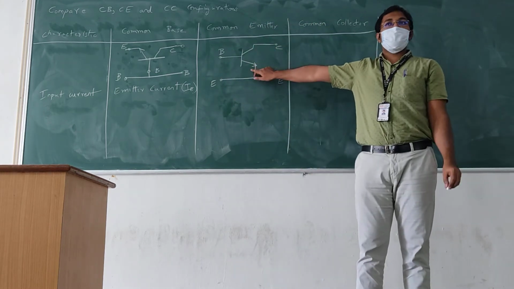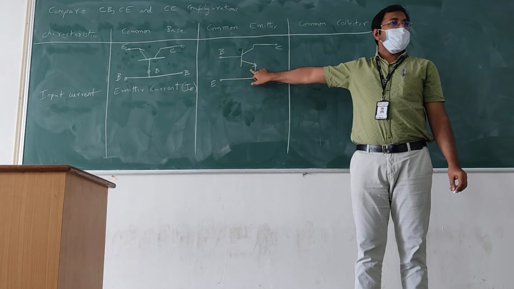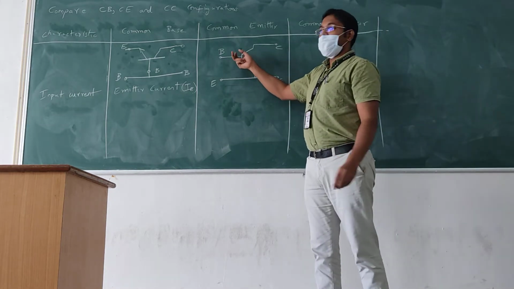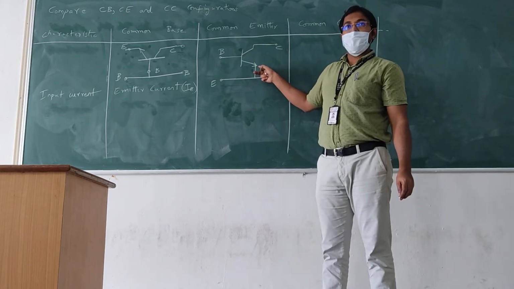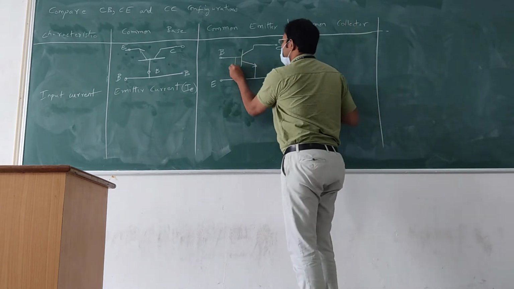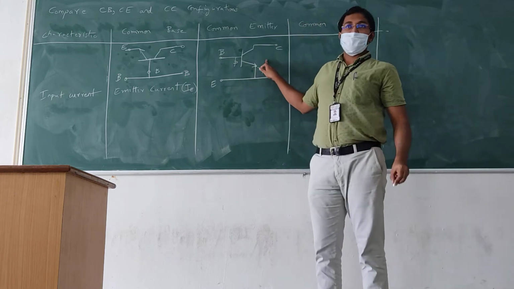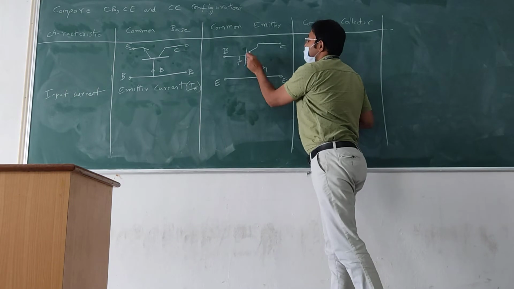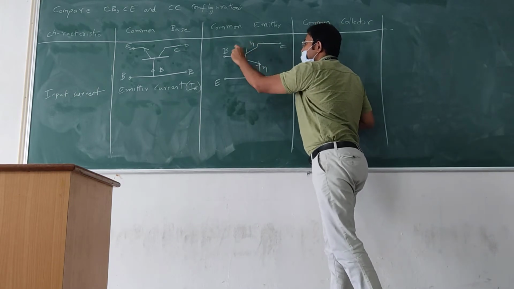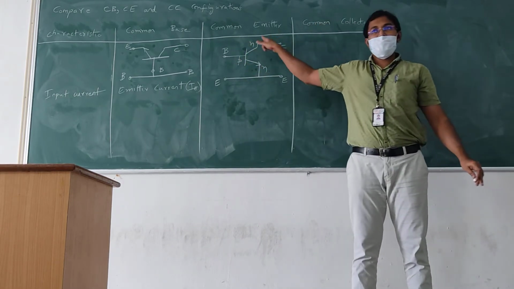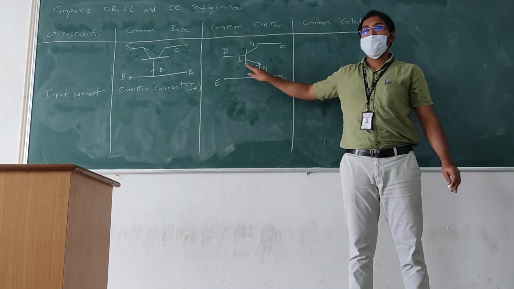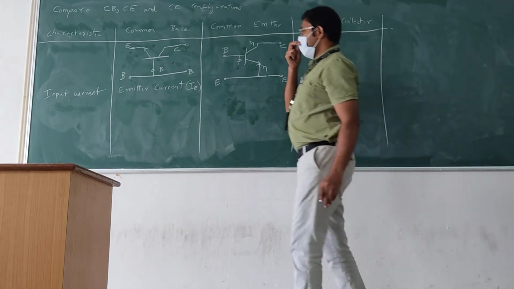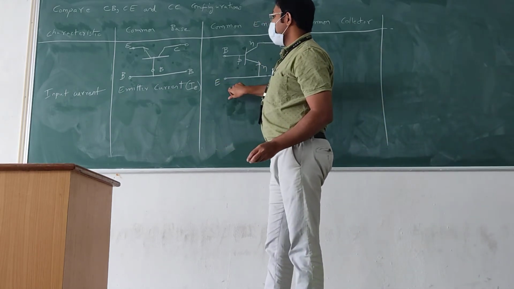What transistor is this, NPN or PNP? Arrow is always from P to N. So this is clear. Now we have to see this part. So already PN is over, so this is an NPN. You write in such a way that the arrow is from P to N. Anyway, next, what will be the input current here?